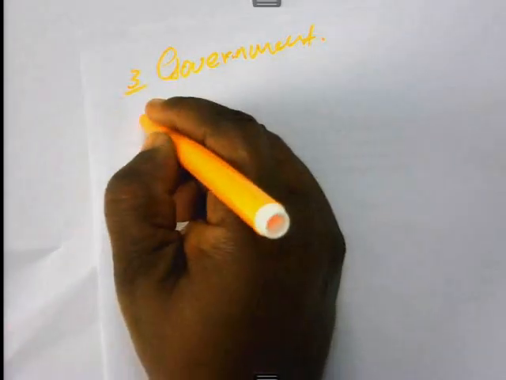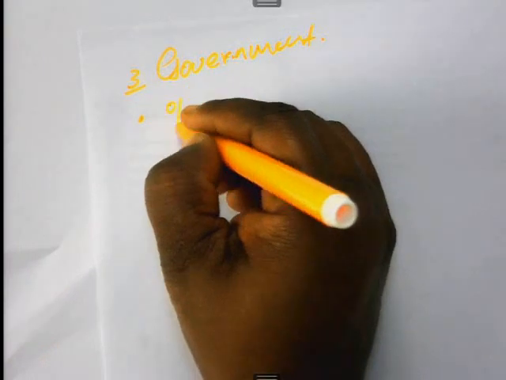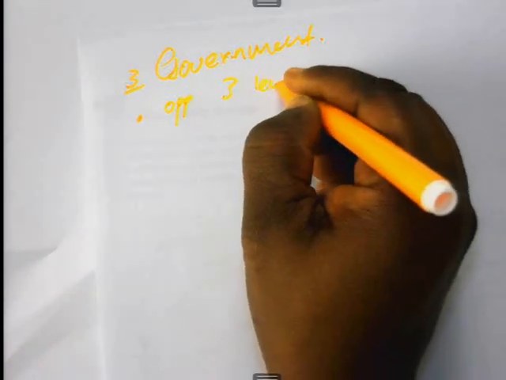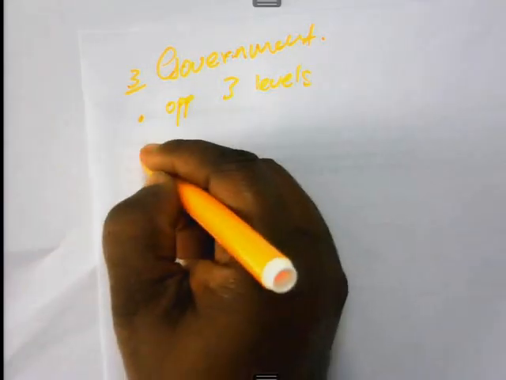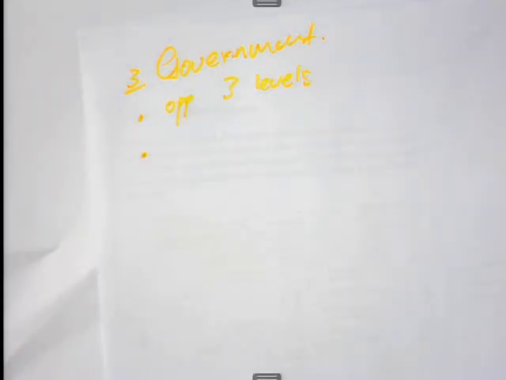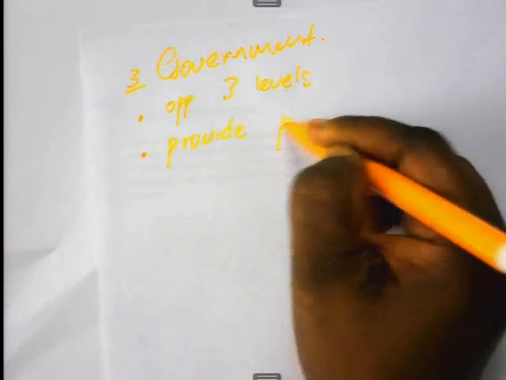And then we have to discuss now the role of what? The role of the government. The government, right? You can mention that it operates on 3 levels, right? But you must discuss, stick to the question. What is the role of the government in the economy? To provide public